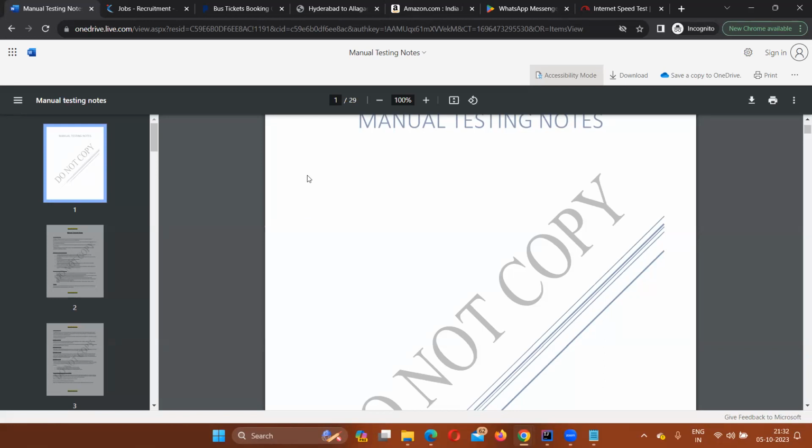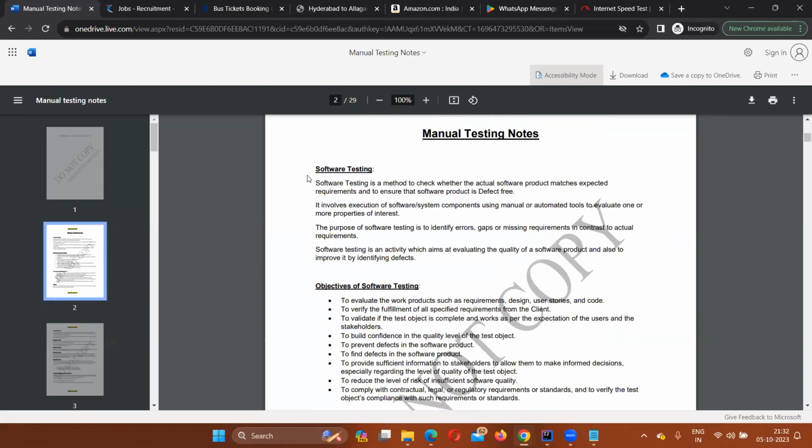I'll be giving these notes to you. There are many other notes that I'm going to share with you, but not directly here because you are 90 people in this session. I really can't type 90 email IDs and share with all of you. That's really not possible for me. I do not have time to type 90 email IDs, to be very honest.